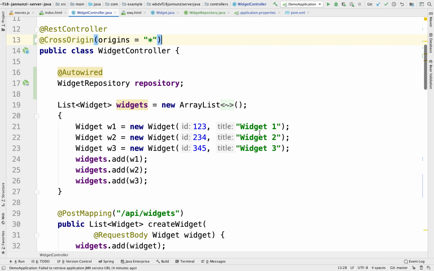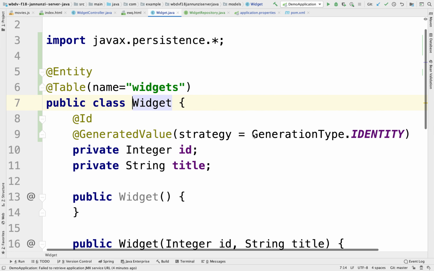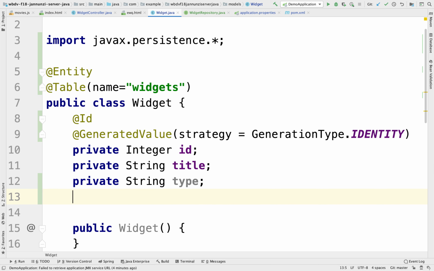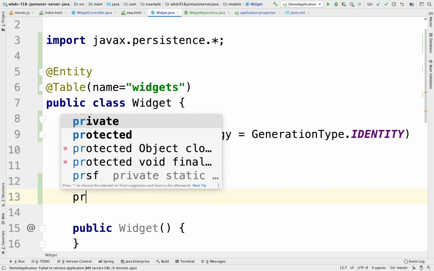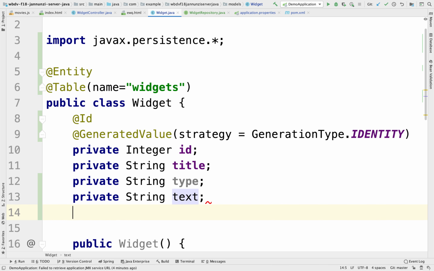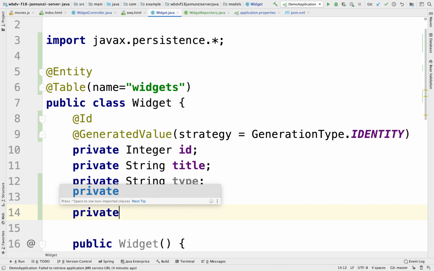Okay, so we're going to need to change the widgets a little bit so that it'll have some fields that we didn't have before, right? For instance, we need private string, we need type, okay, we need, what else do we need? We need text. What else do we need? Private,